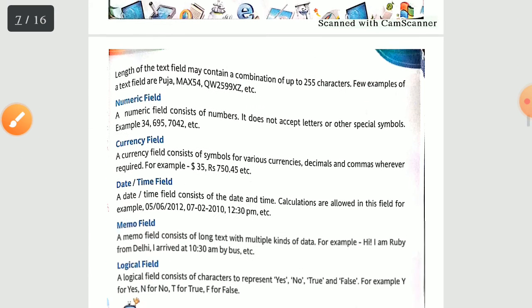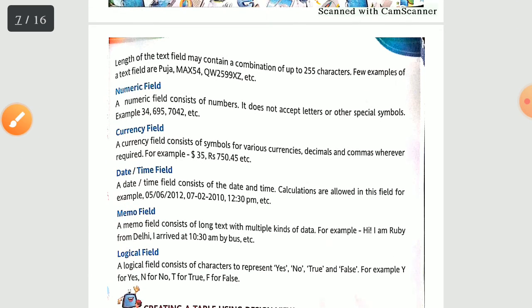Now for the numeric field, as the name suggests, you may have numbers over there with us, right? So if you have numbers, you can do calculations with them. Now they cannot accept letters and they cannot accept any other special character, only the numerical quantity they want. Fine. So this is your second field, that is the numeric field. Third is your currency field. Currency field means when you are talking about money, whether you talk about Indian rupee or US dollar or whatever you talk about, everything is contained in this currency field.